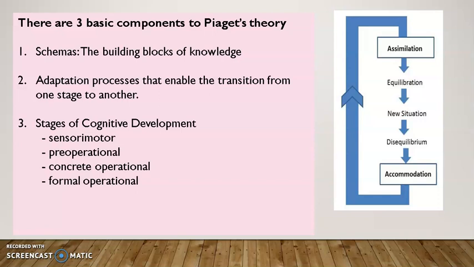So Piaget was really the first psychologist to make a systematic study of cognitive development. Piaget's theory of cognitive development explains how a child constructs a mental model of the world. He totally disagreed with the idea that intelligence was fixed, that we're born with intelligence and that's just how it is. He felt that there is development.